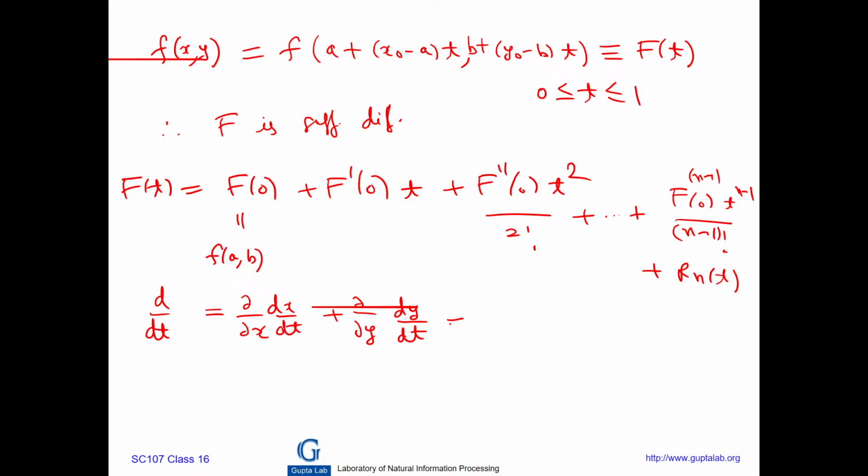So I know what is dx over dt, dy by dt. I can just find out those values. So this is nothing but y naught minus b times del over del y. And I call this whole thing as d,